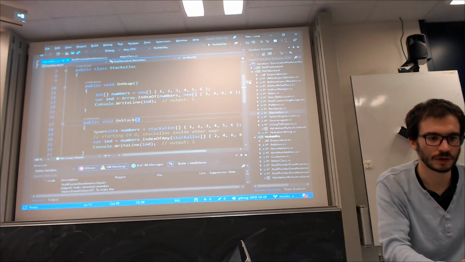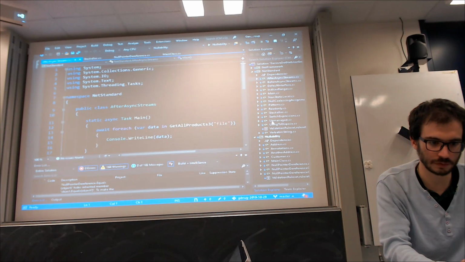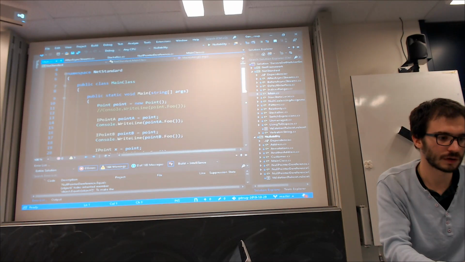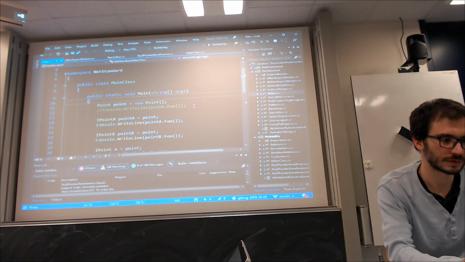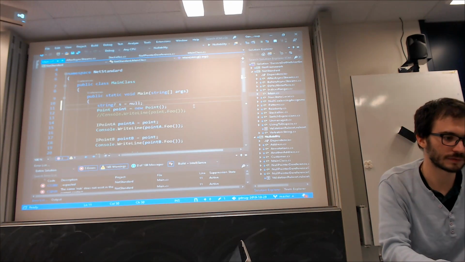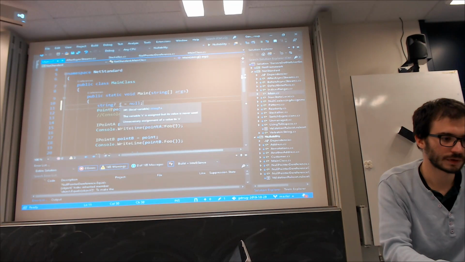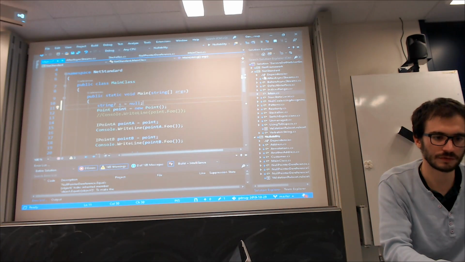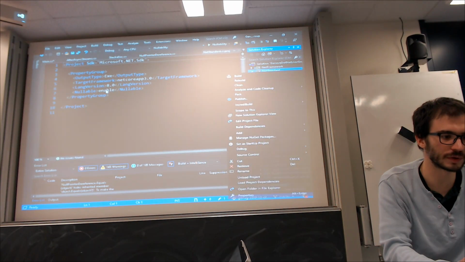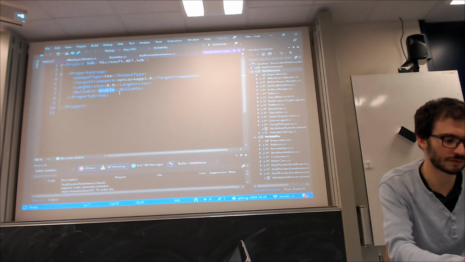So for example, let's open this and say I have string s equals null. I have enabled nullability on the project, but if I disable it,